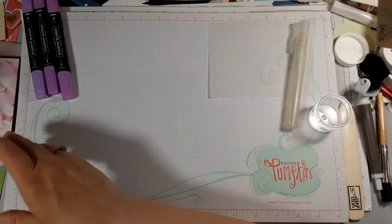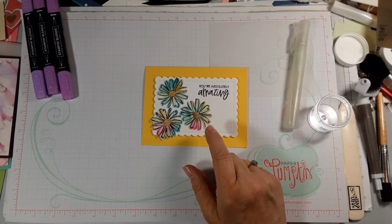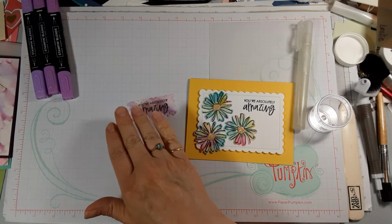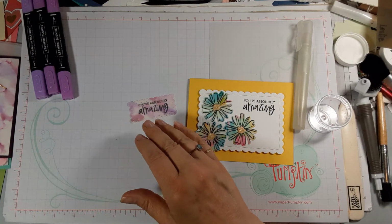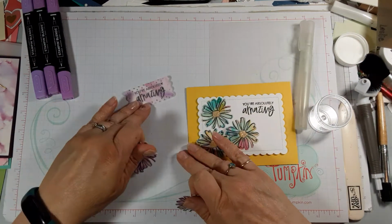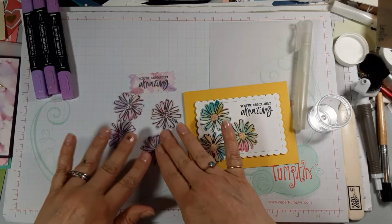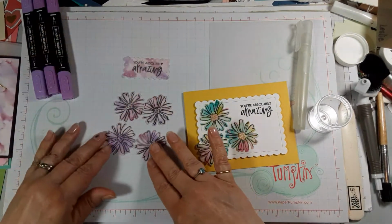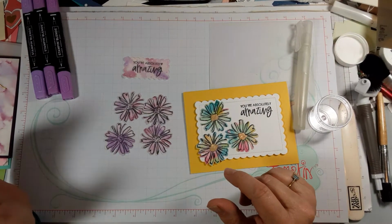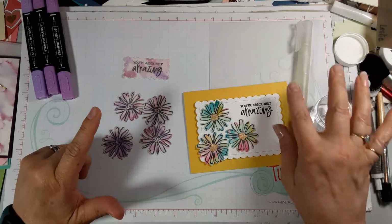Then another thing you can do is die cut flowers or greetings, or whatever you want to stamp on that piece of vellum once it's adhered to the Whisper White cardstock. So I have some other ones that I just did. Now the trick is when you stamp on vellum, it takes a while to dry. So these I stamped before I left to go to the